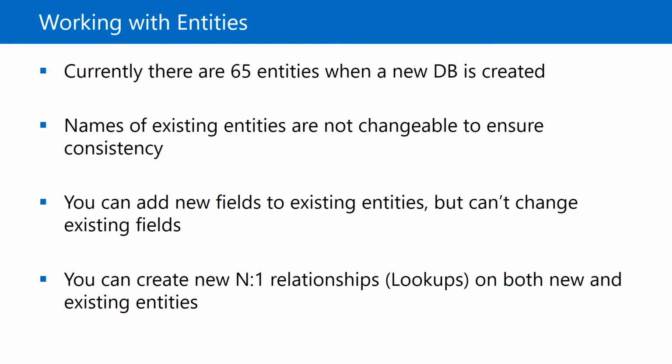Now let's talk a little bit about working with entities. Currently there are 65 entities when a new database is created at the time of this recording. Obviously that will change and evolve as the model evolves from community feedback. The names of the existing entities are not changeable to ensure consistency. You can, however, add new fields to existing entities, but you can't change existing fields. And relationships are supported, but at this time you can only create new N-to-1 relationships